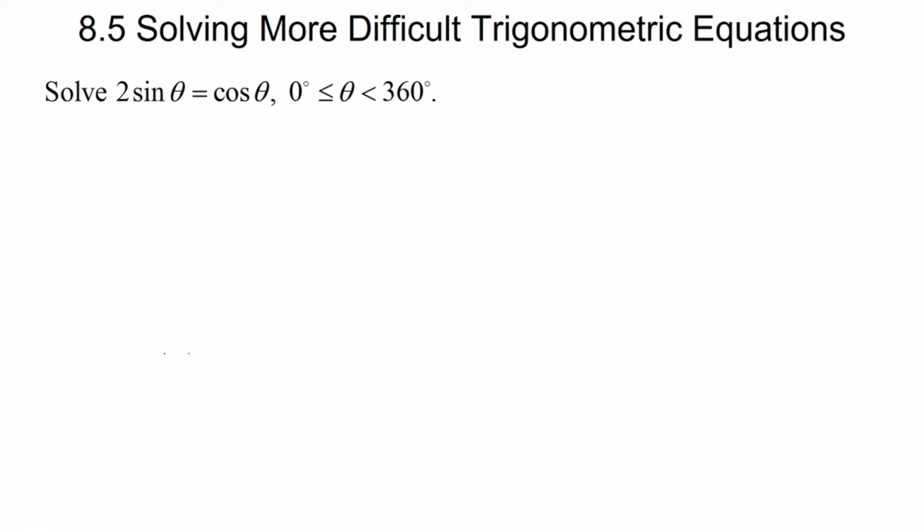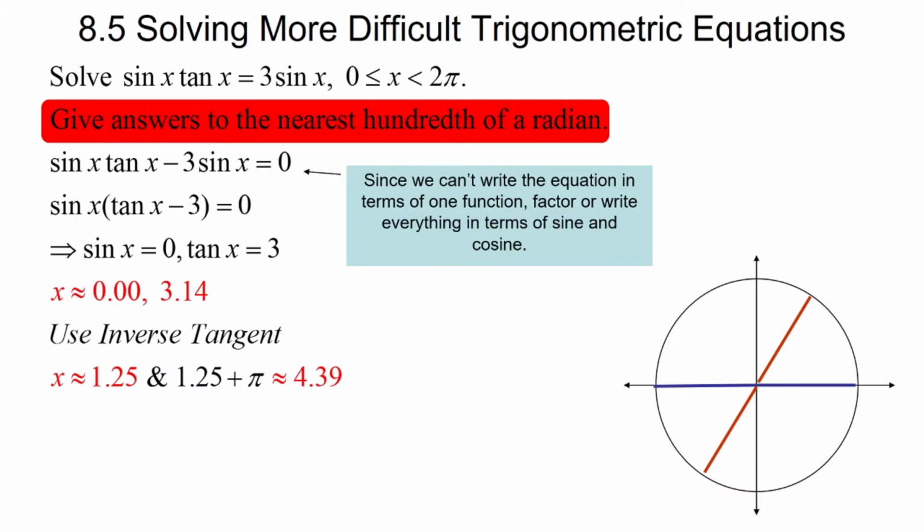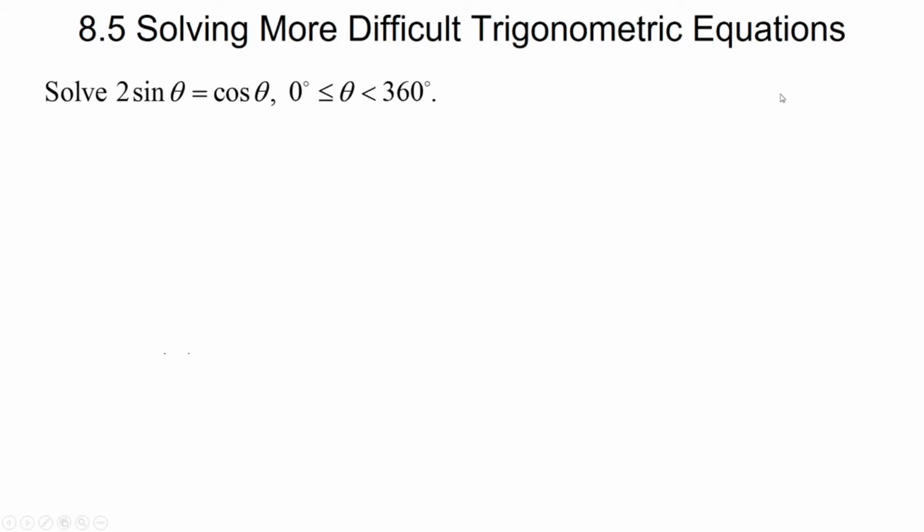Okay, this one now, kind of like the last one, we have two trig functions, except this time we have sine and cosine. And there's going to be a real easy way to take care of this. Now, on the last one, remember, we got everything to the left, and then we factored out the common factor of both terms. All right, and then used the zero product property. Now, on a problem like this, all right,